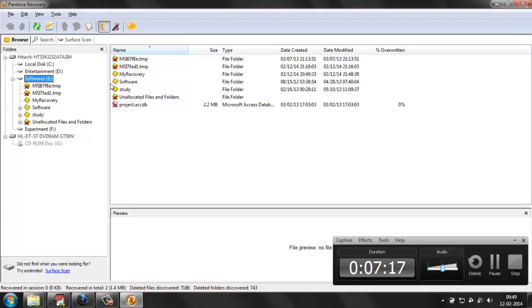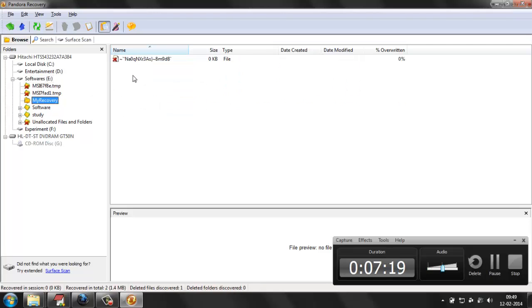Here's my recovery. In my recovery, I already deleted the file with Eraser. It shows random data and size 0 KB. We cannot recover the image file. In this way, you can delete a file permanently and securely, and it cannot be recovered by any software.